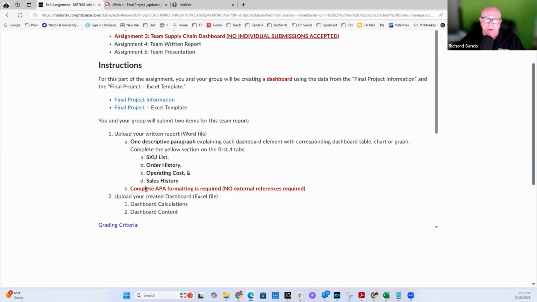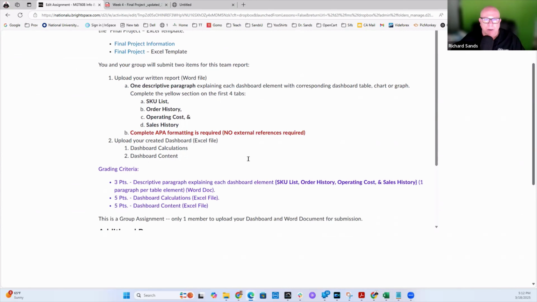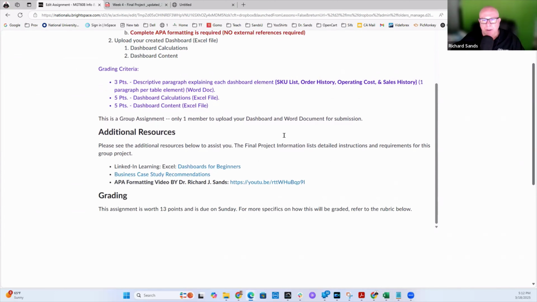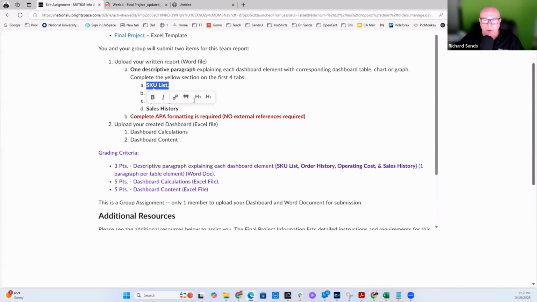Whenever you see complete APA formatting, make sure you have a title page, an intro, and the body of your assignment, which is going to be these 4 items. As we discussed before, each of those 4 would be used as your level 1 header. So you're going to have the title of your assignment, your introductory paragraph,